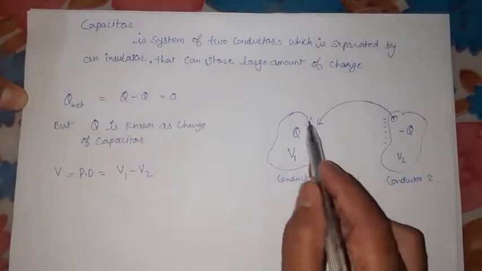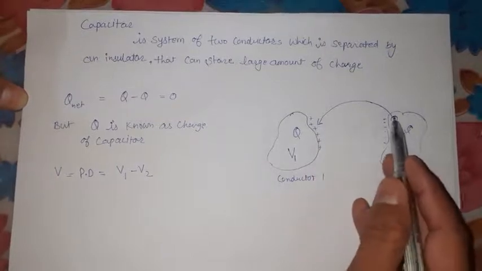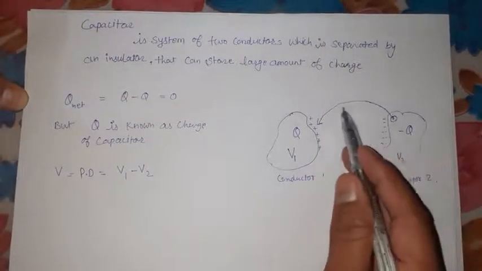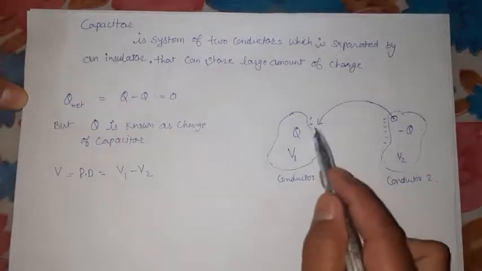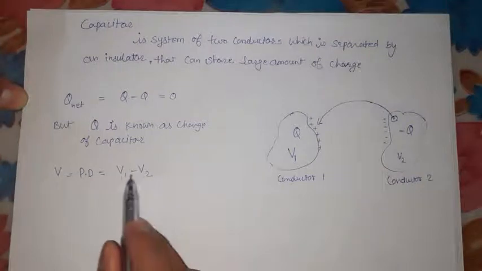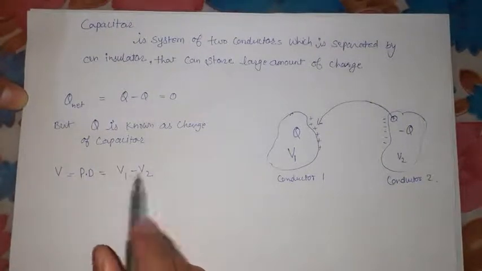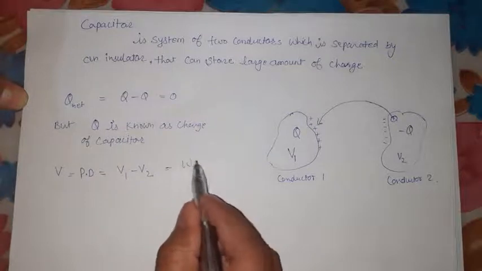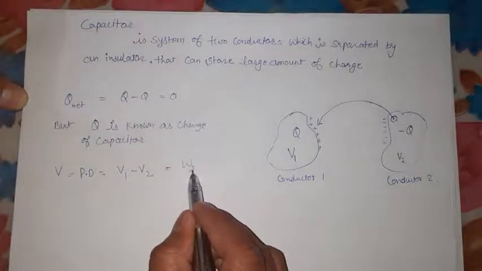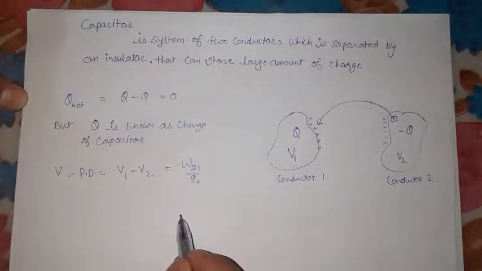Okay, so for conductor number 1, its field is toward the right, and we are bringing the charge from conductor number 2 to the left side. So this work done is equal to the potential difference. So you can say that it is the work done in moving the charge from second to first, and that is equal to the potential difference.